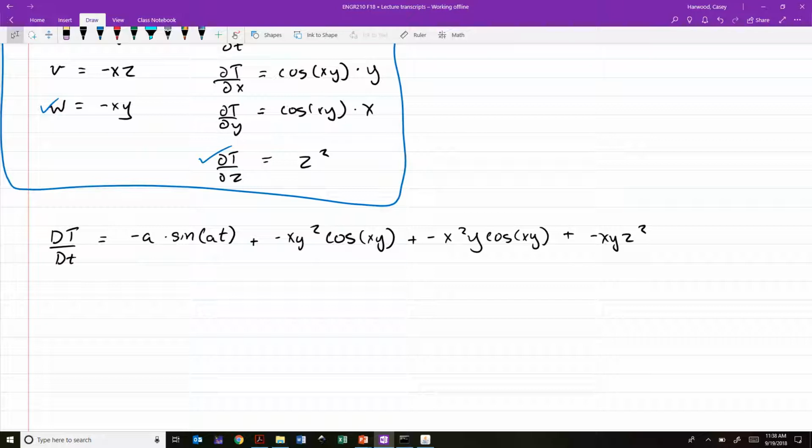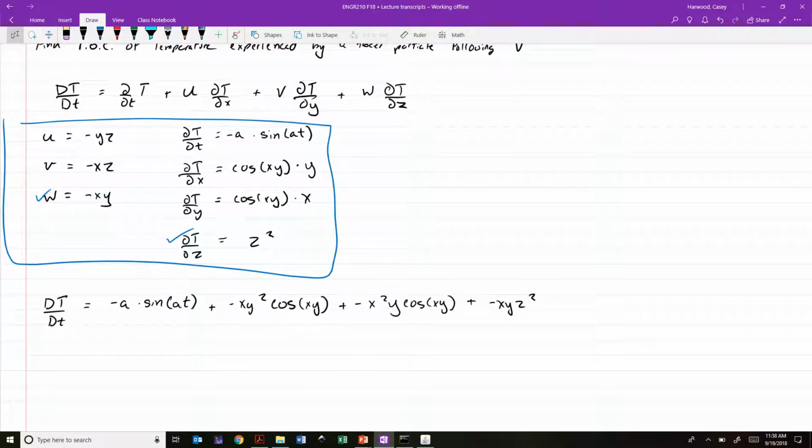You could group terms however you want, but this is substantially correct. Now, that's all there is to finding the material derivative. I wanted to remind you of this process, in case you didn't catch the examples that I put up on iCon, because understanding the material derivative like this is